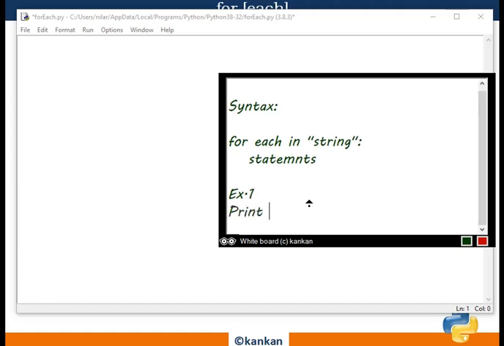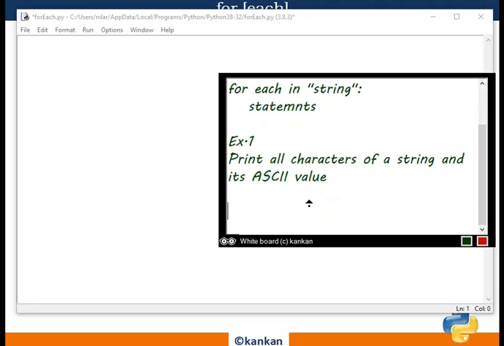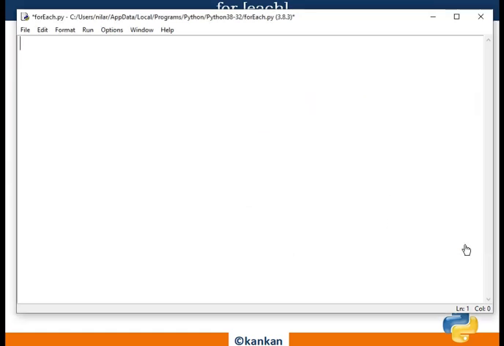I like to print all characters of a string and its ASCII value. So this is our first example that will be solved using the for each loop.